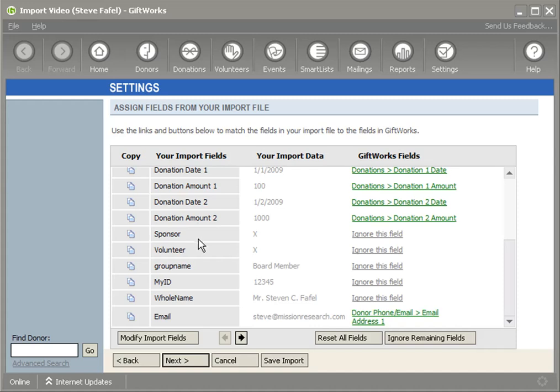You'll notice that looking at my screen right now, I have 3 columns in my Excel file. I have a sponsor column, I have a volunteer column, and I have a group name column. Now, these 3 columns are all used to designate that a donor is part of a group. The first 2 columns, sponsor and volunteer, use one method to designate whether a donor is part of a group. So this sponsor column uses a method in which the column name is used as the name